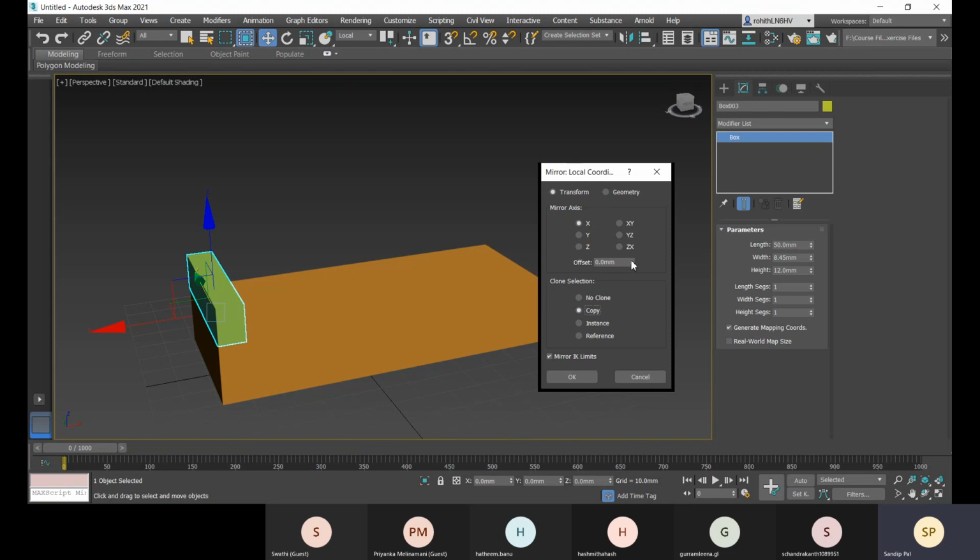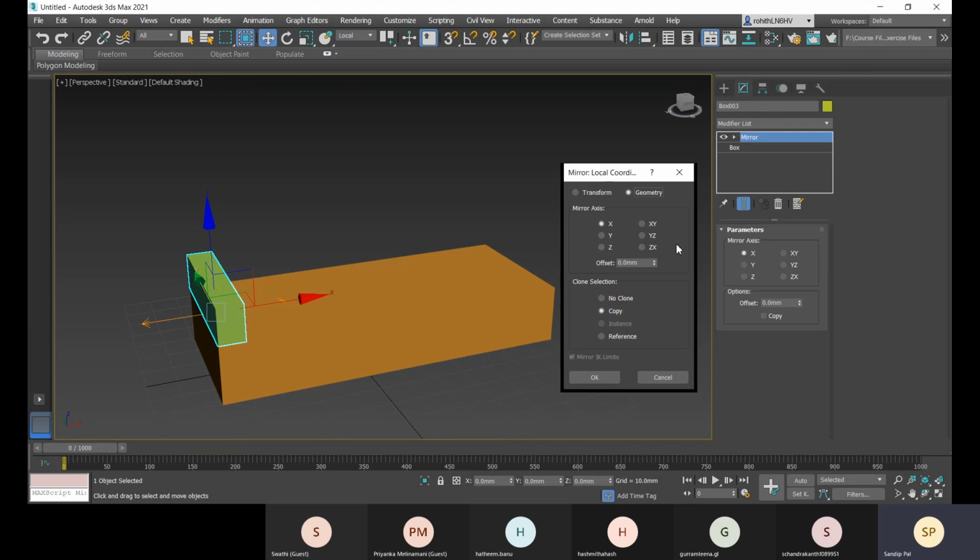And then you can give the offset value, and that is you are doing transformation. You can choose geometry, and let me put some offset. Okay, and if you know the right offset, let me go with the 50. How much was it? 120 was the 120.